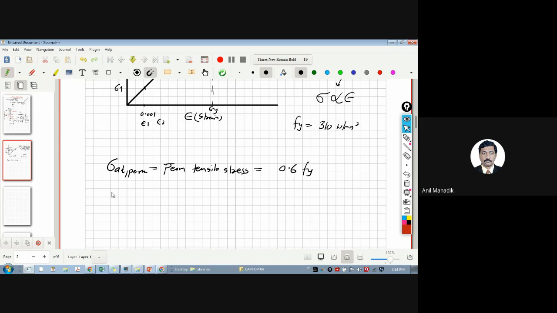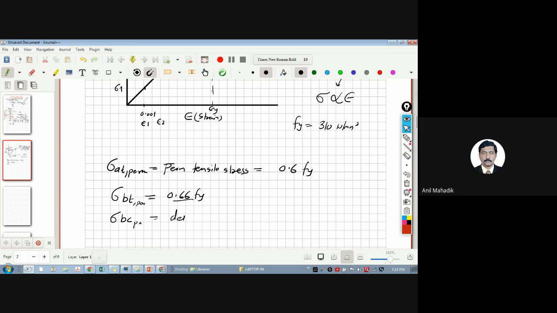If it is a bending stress, sigma BT, in bending there are two stresses: one is the bending tension and second is the bending compression. So sigma BT is 0.66 Fy. The permissible stress is a little different, so the factor of safety is different for bending stress. Sigma BC permissible,